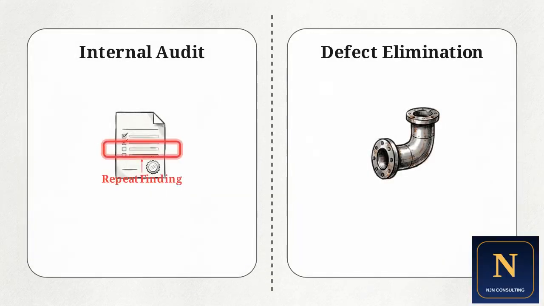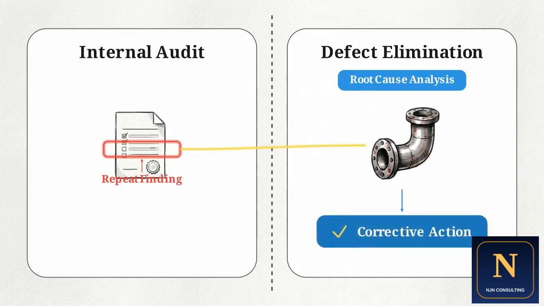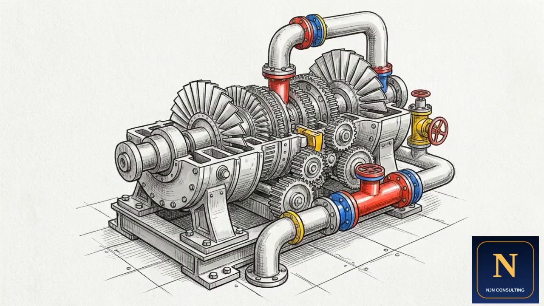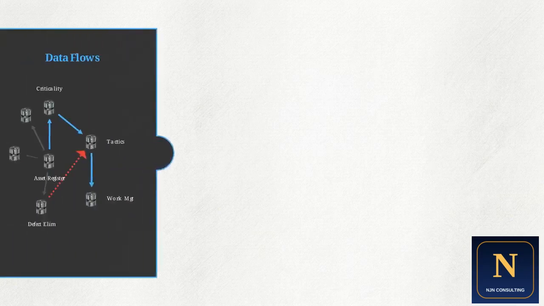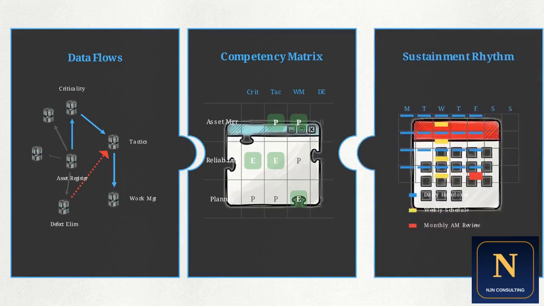You take that repeat finding from your internal audit and wire it directly into your defect elimination register. This forces the finding through a formal root cause analysis pipeline so a physical corrective action can be taken. Connecting your audits to your defect elimination loop turns the audit from a passive grading event into an active, self-correcting improvement engine. You now have your cross-department data flows mapped out, your human capability gaps identified, and your sustainment rhythm